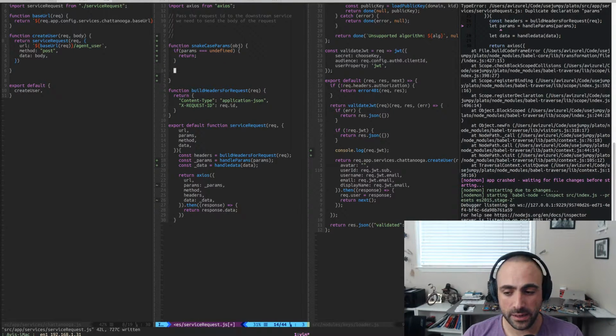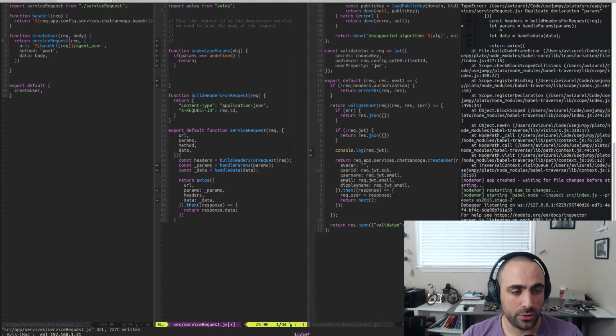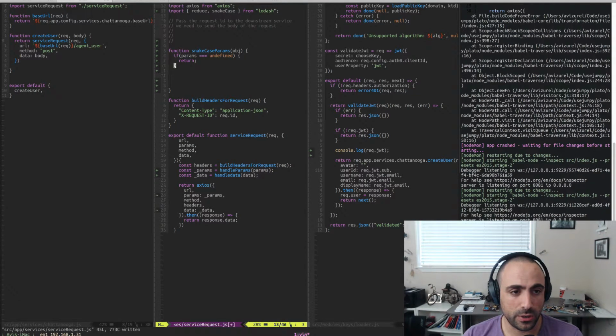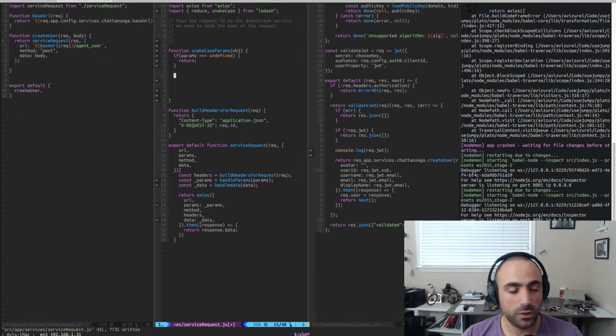And then here, we are going to import reduce and snake case from Lodash. And we are going to what? Return reduce. And so this will be an accumulator,